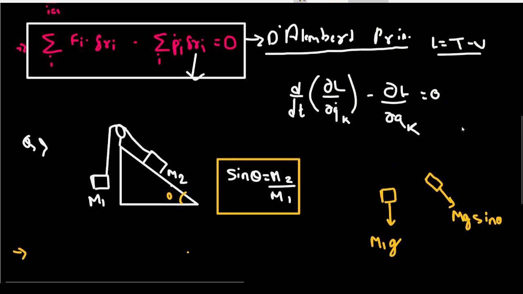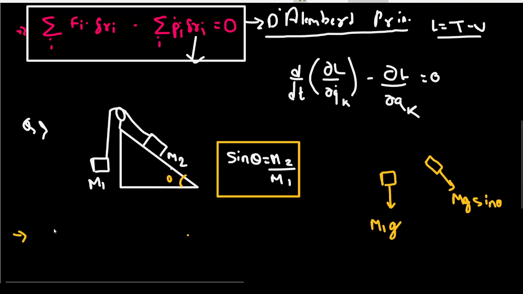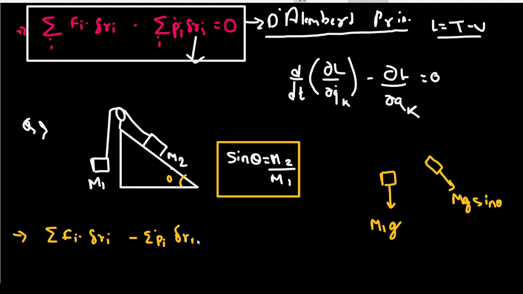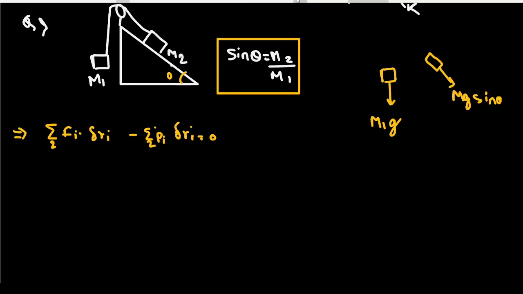Now, looking at D'Alembert's principle, we can write it as the summation of Fi dot del Ri, minus Pi dot del Ri, equals 0. Now we have to find all the terms and finally prove this. The summation is from 1 to 2 because there are 2 blocks here. So I can write it as F1 into del r1 plus F2 into del r2,